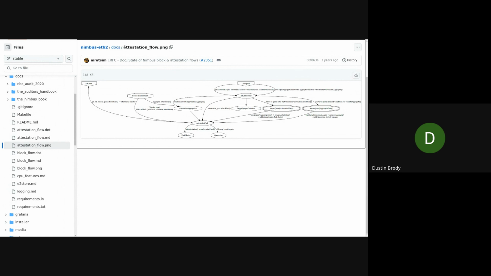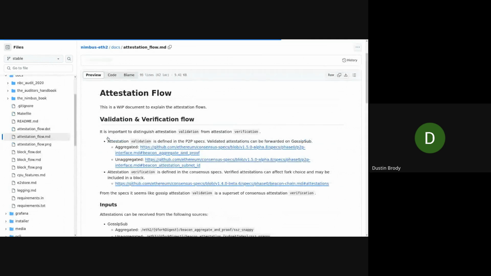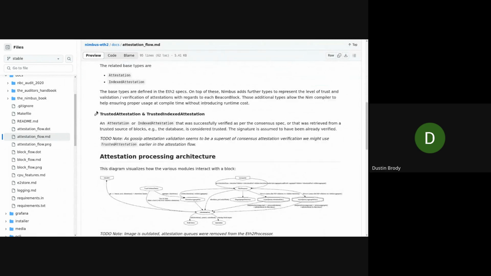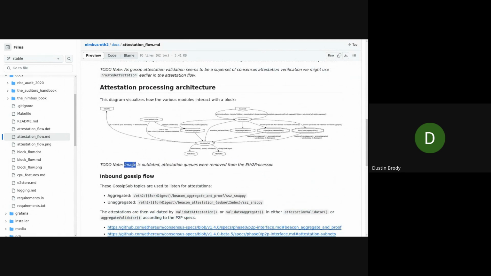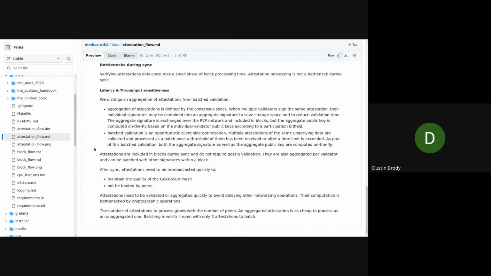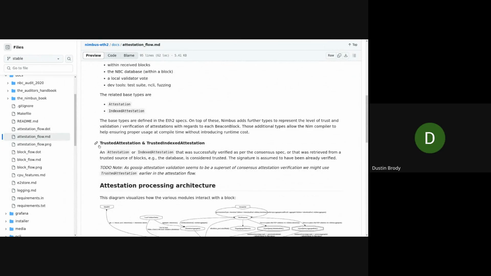This is just a graph, a Graphviz layout of some of these. We do document these things, and I would say they're reasonably up to date. They're still true. Yeah, the image is outdated. Right. As you say, we have not updated all of them, but I would say the charts and graphics are maybe less up to date, while the prose and the text here is pretty current. This describes exactly, just to give an example,